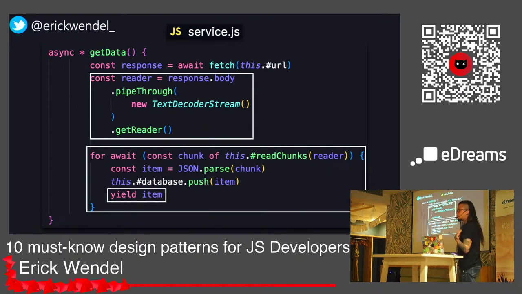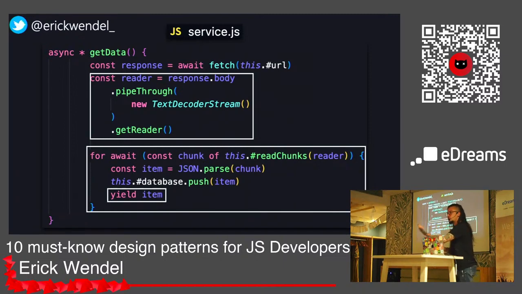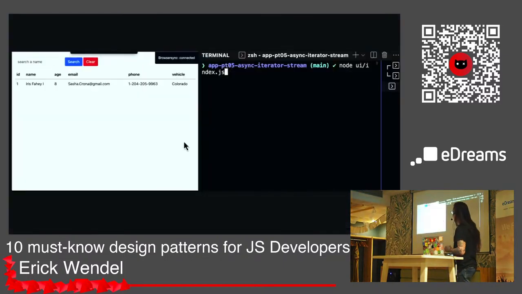So this is, in my opinion, the most powerful tool we have in JavaScript, because we can process data on demand. Well, in another talk I gave about Node.js streams, I was consuming /dev/random on Linux, which is an infinite file, right? So people say, oh, what is the limit of memory I can consume? I was like, it's infinite, because, I mean, it's a bit of cheating, right? Because we can consume this data as, let's say, 1 megabyte, 2 megabytes. So it doesn't matter the size. Once we have it ready, we just send it right away. So it's nice. Let's see how different the code is now.